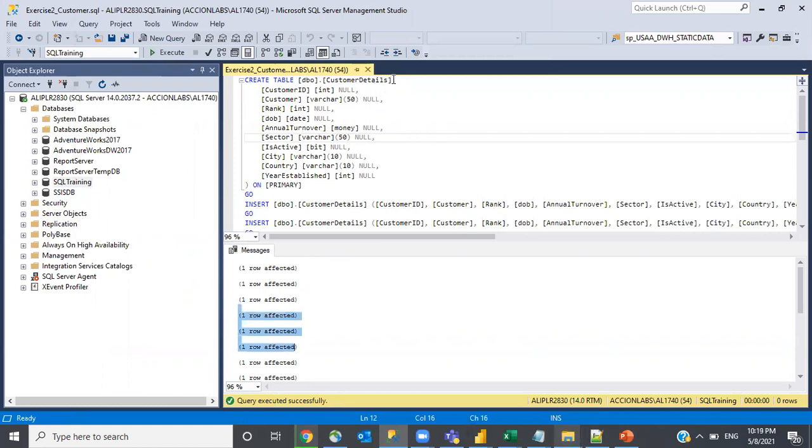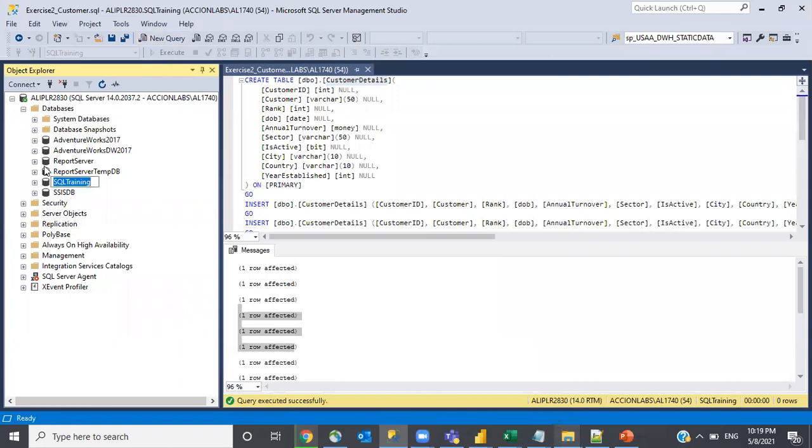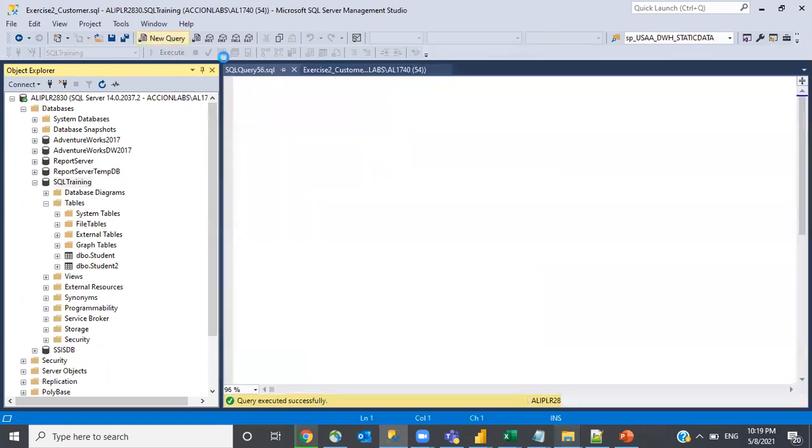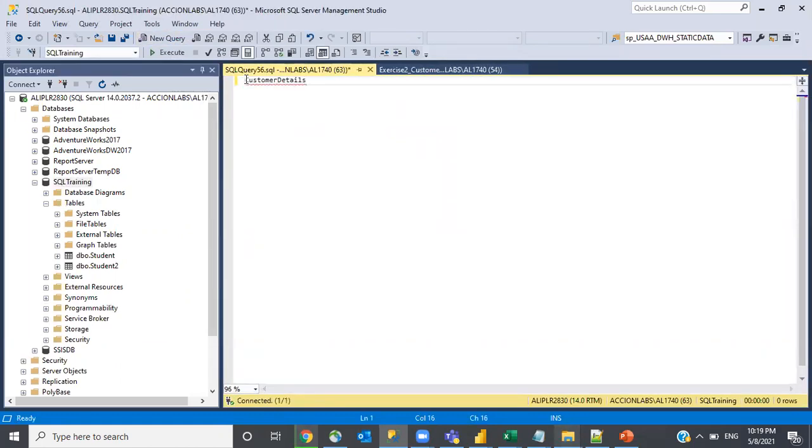If you want to test whether the table has been created and the data has come in properly, I'm just clicking on the SQL training database. You can navigate to the tables and refresh them, or you can navigate to a new query and write select star from table name.